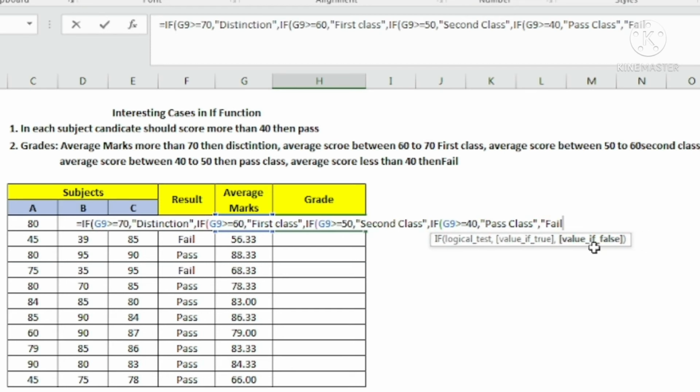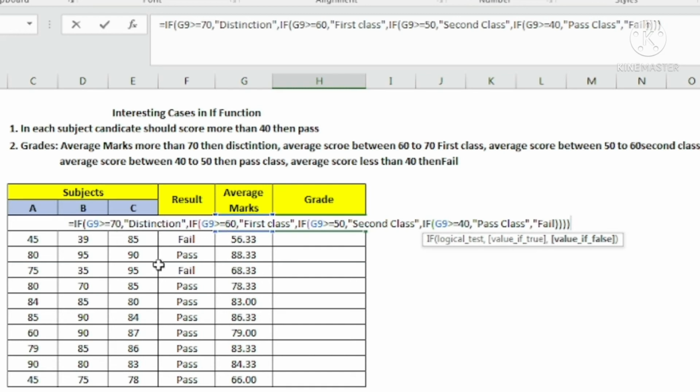So this is the last one, I want fail. And then I will complete all these brackets, 2, 3 and 4.